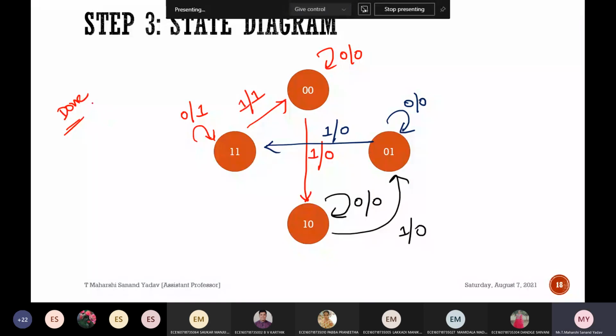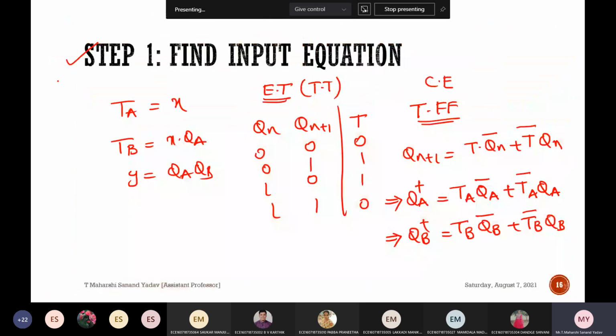So this is how you need to solve the problems based on analysis. Simply a logic diagram will be given, and by using the required flip-flop you need to write the state table followed by the state diagram. So you may get one question from either Mealy or Moore, which we have discussed in the last class, followed by these concepts also, the analysis part.